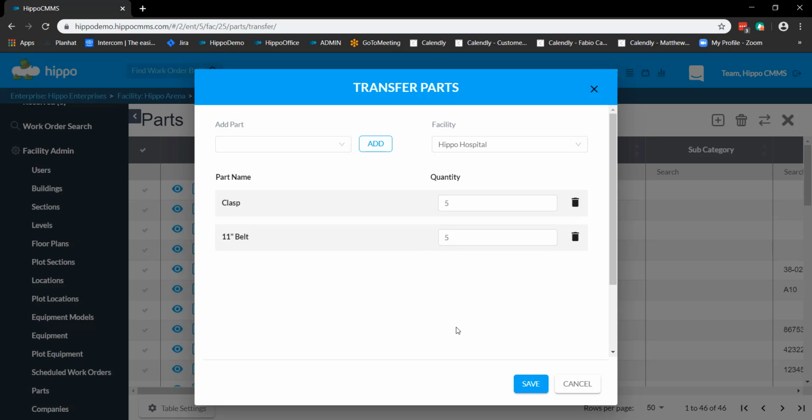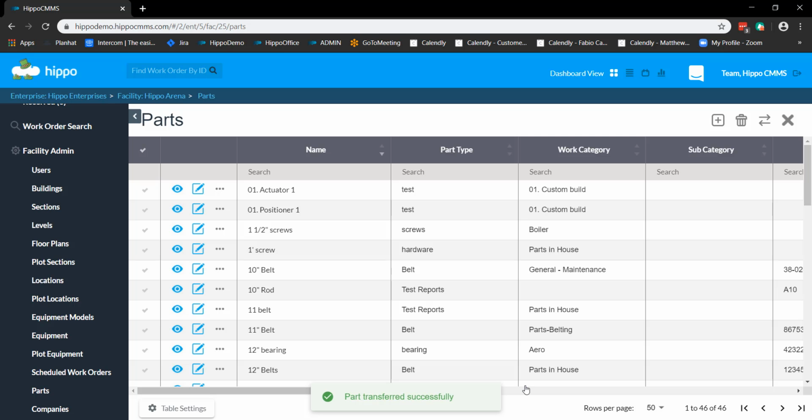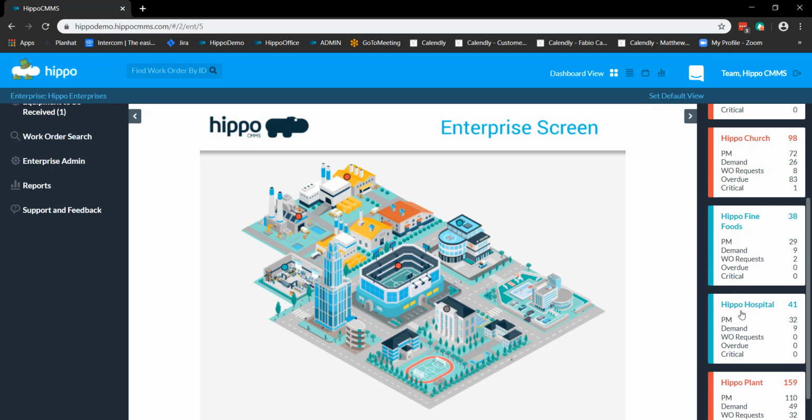So we'll change these values. Once we have the correct amount that you want to transfer for each part, now you can hit save, and that will remove it from your inventory at that facility and add it into the other facility that we've transferred it to. So to show you where that went, we can navigate to Hippo Hospital,